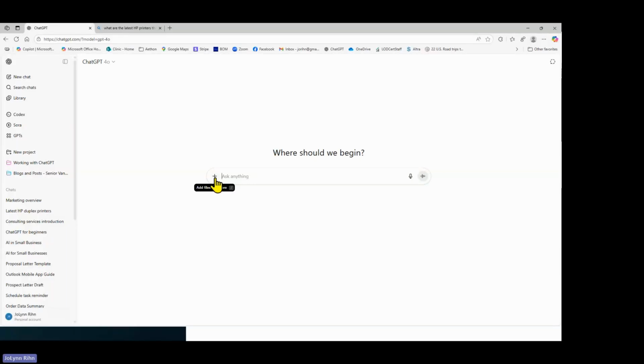Thank you for your patience, everyone. But if I do a new chat, I could even click the plus sign. And the plus sign is going to give me adding photos or files that I want to have ChatGPT analyze for me. I could have it create an image. I could use agents. There's all these different tools, which I do have listed in your handout